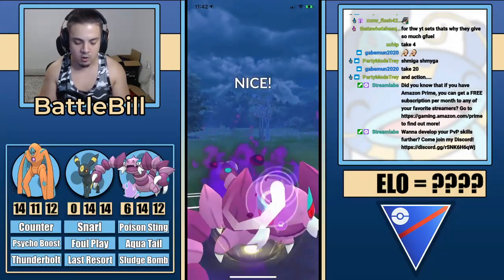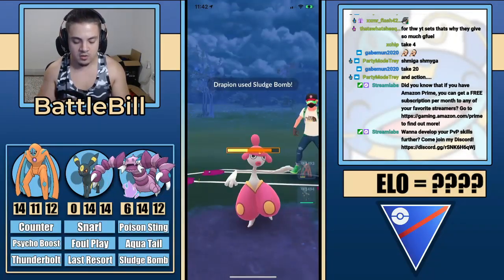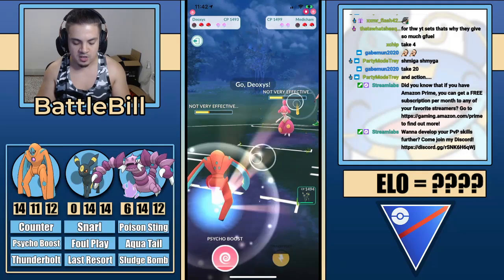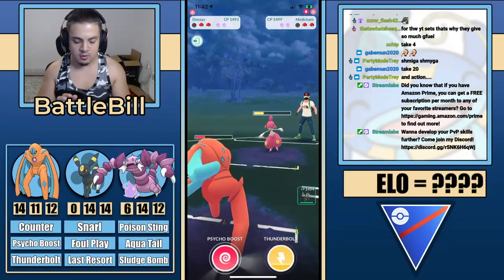Great call on the Power-Up Punch. And also with the double dark strat, this is why we swap the way we do, to lure out potential fighters. Landing that Sludge Bomb is pretty huge. We're still not sitting in a great spot though, just because of the pure fact that this Medicham is buffed. Now the question is,